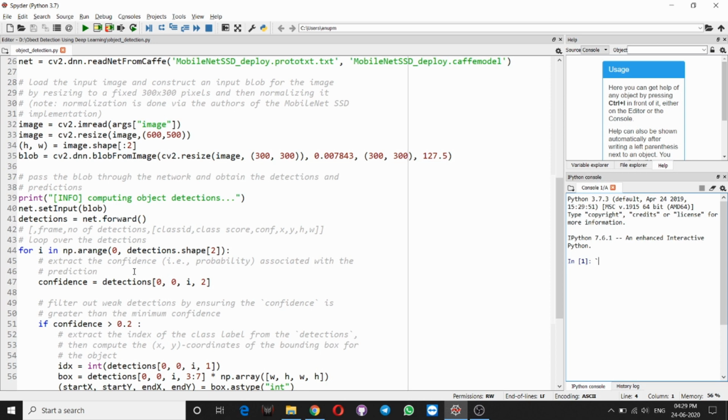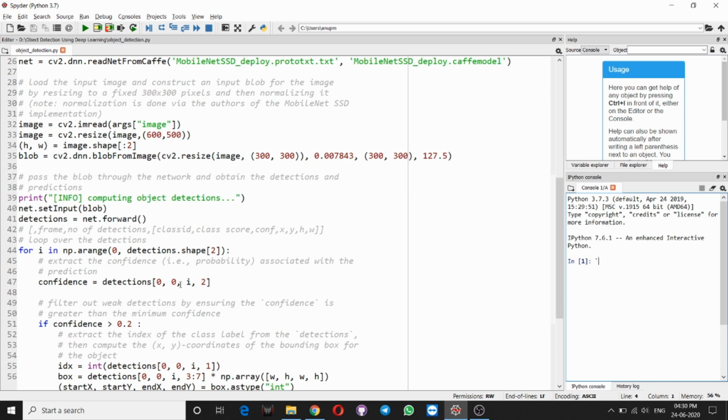Now, after entering this for loop, we have to get the confidence that this detection belongs to the particular class we want to predict. For this we will store the confidence value in the variable confidence, and the index of confidence in the nested list is 2.